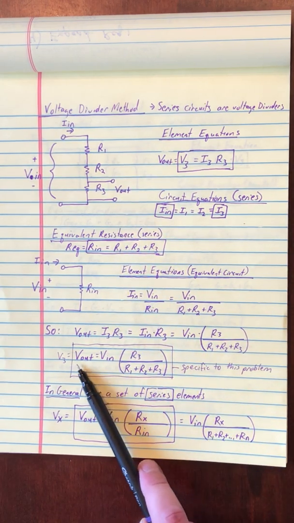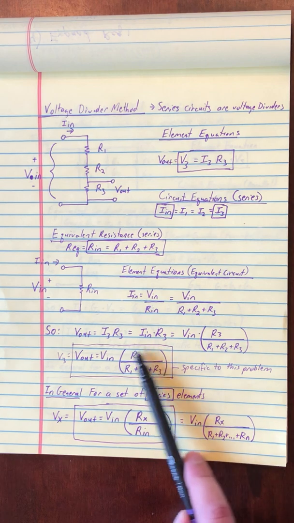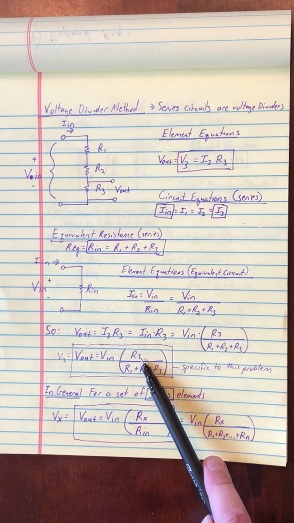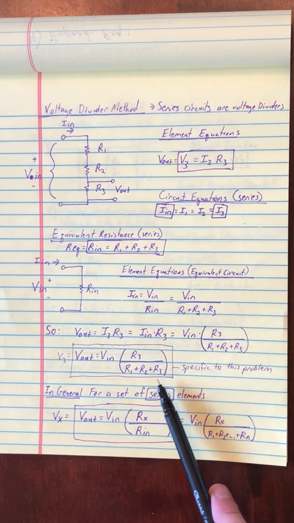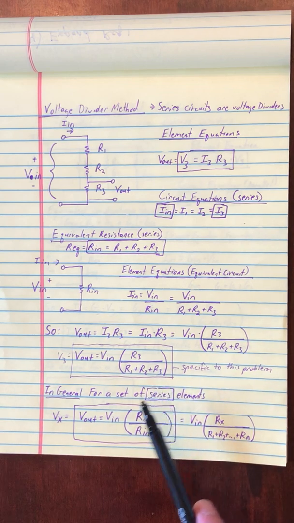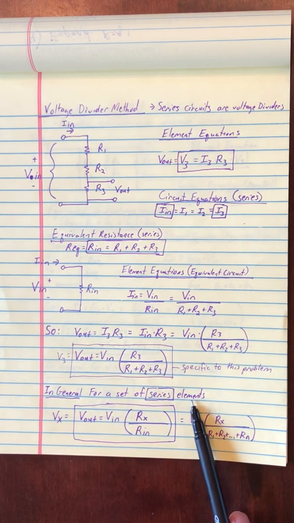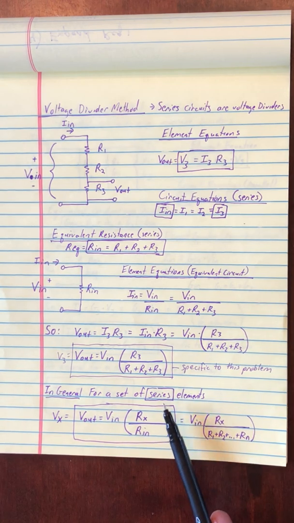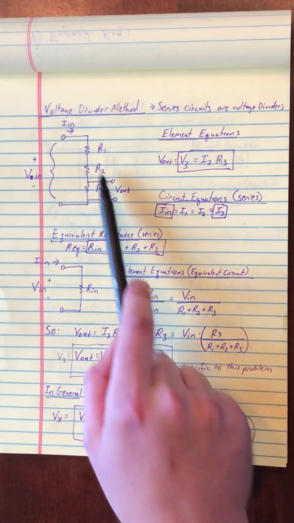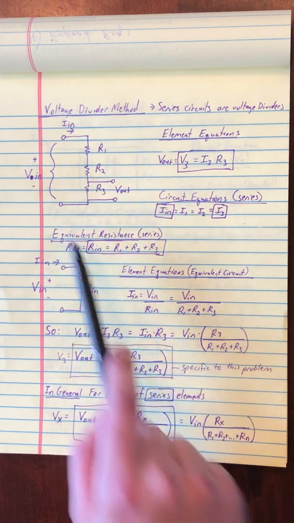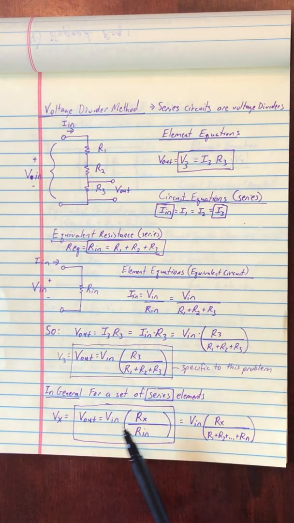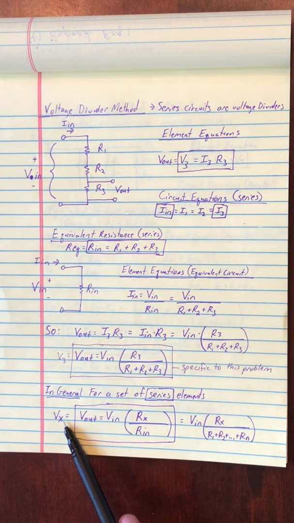So again, the output voltage is just the input voltage multiplied by this factor, which is the resistance that we're interested in over the sum of the resistances in that series circuit. So in general, then we can write that for any strict series of elements, so this is just series and no other connections leading out from here, just a series network, then we can say that the X voltage across